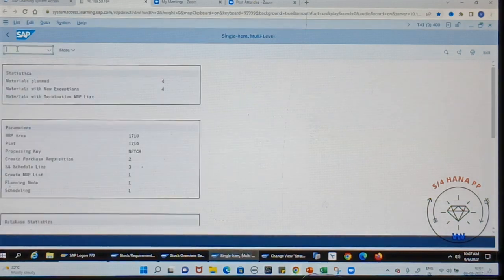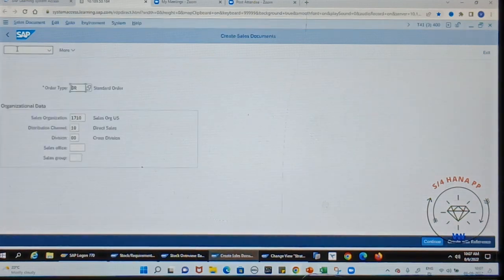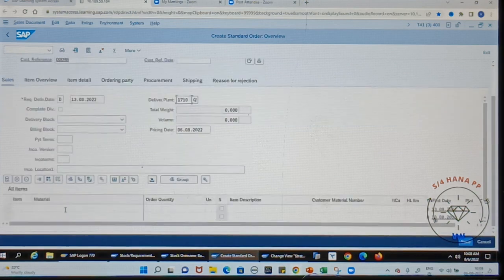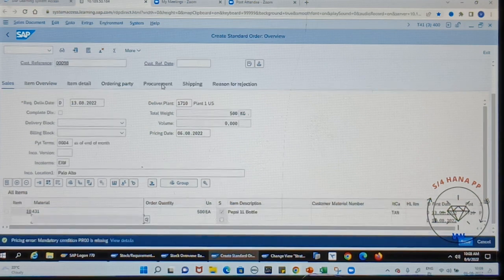To create a sales order, the transaction code is VA01. I'm creating a sales order. Let's say we are getting an order from this customer, and we are delivering to the customer from this plant. Scroll down, enter the material here. He's giving the order for 500 pieces, or 500 quantity. Click enter. Now, if you go to the procurement tab here,